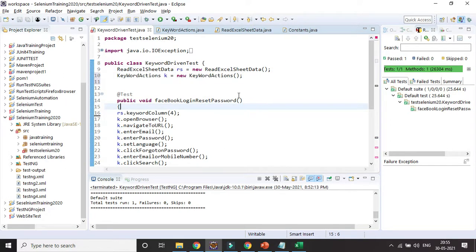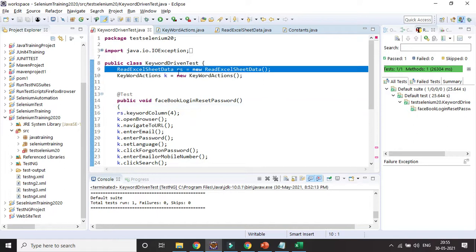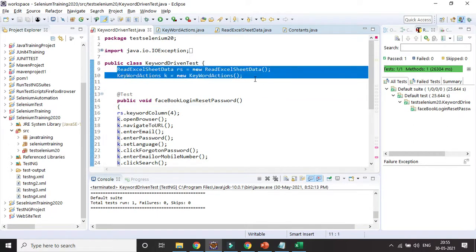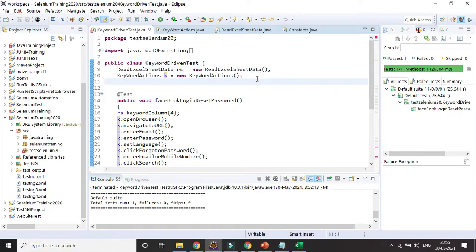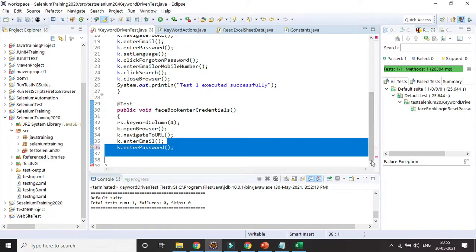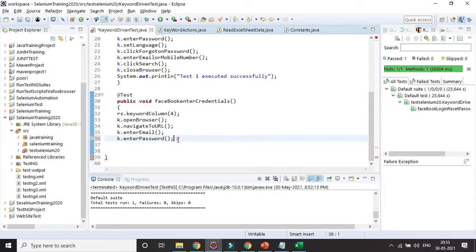So in case you are using the same object or instance multiple times, at the class level, before the test case level, you can create them. Okay, so now you can see it's gone, the error message is also gone. Okay, and enter password, I need to code with quotes, and here I need to add one single bracket, so that I need to close.